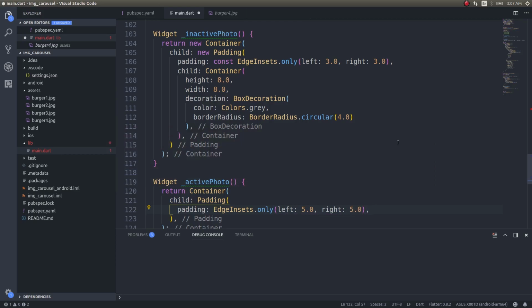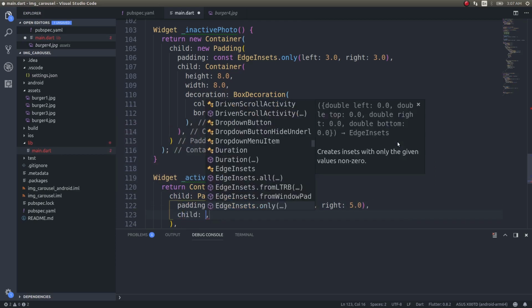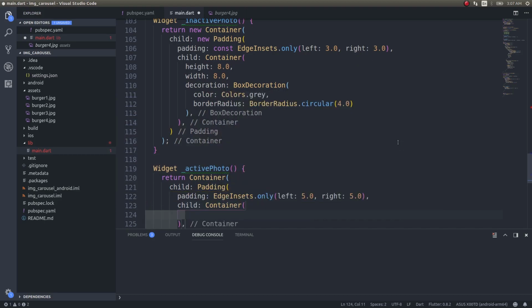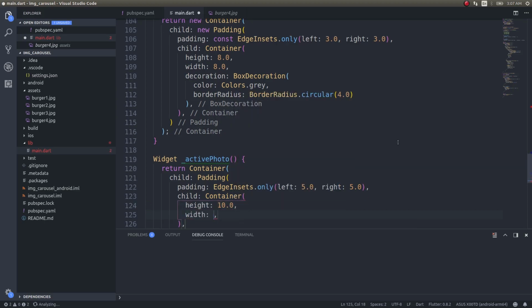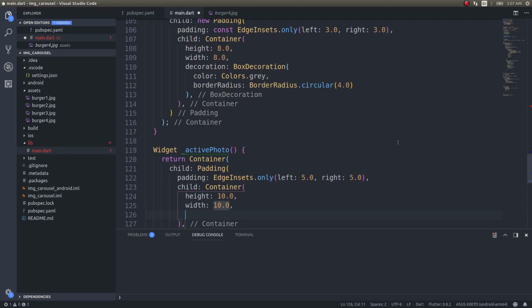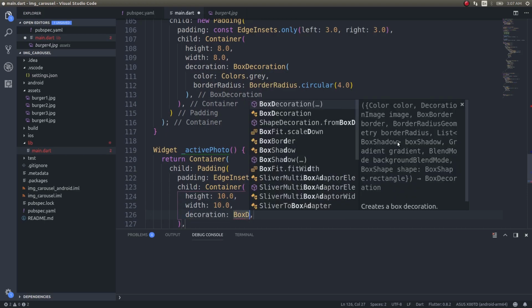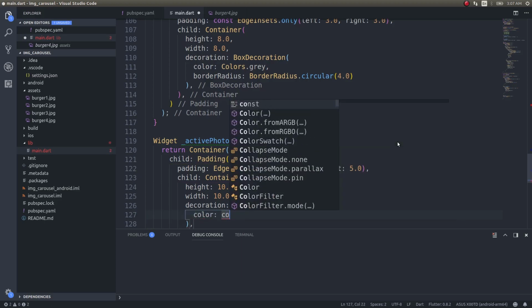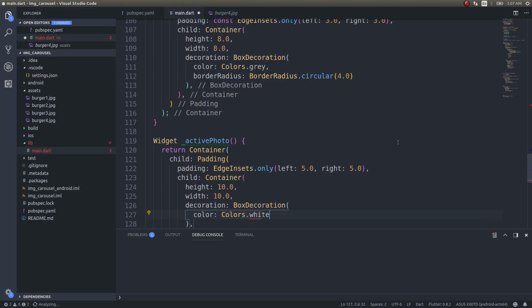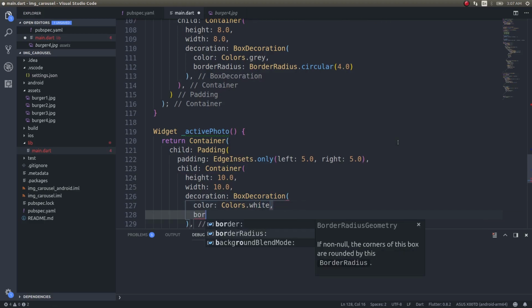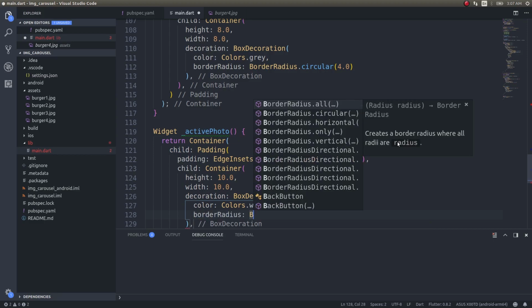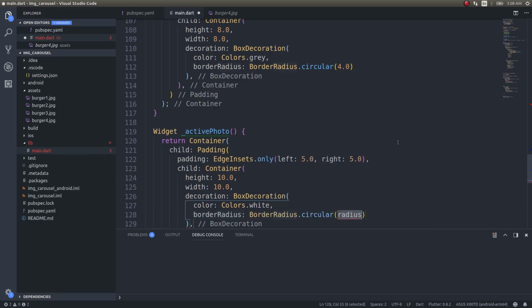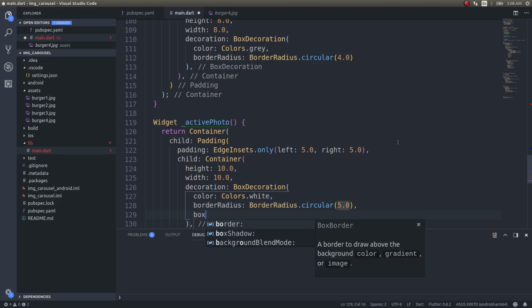5.0 and child container, height 10.0, width 10.0, decoration box decoration, colors dot white, border radius dot circular 5.0, and box shadow